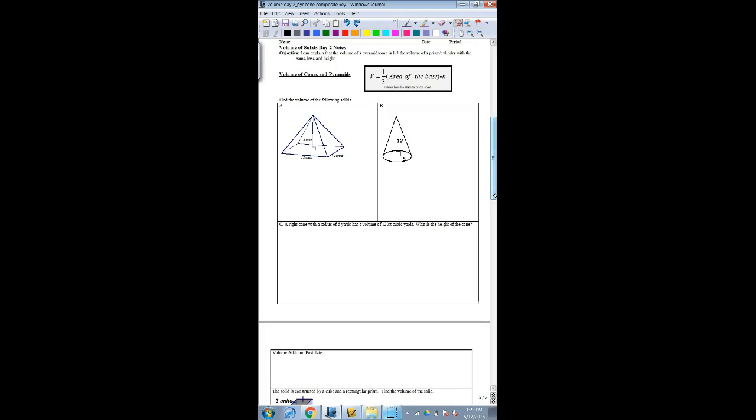So today we are going to find the volume of pyramids and cones. And it is very much like finding the volume of a prism or cylinder, except you take 1/3 the area of the base times the perpendicular height of your pyramid or cone. Regardless, we still need to find the area of the base,